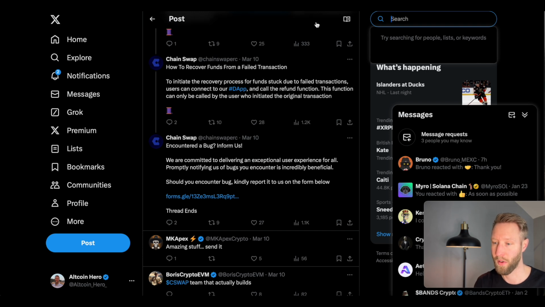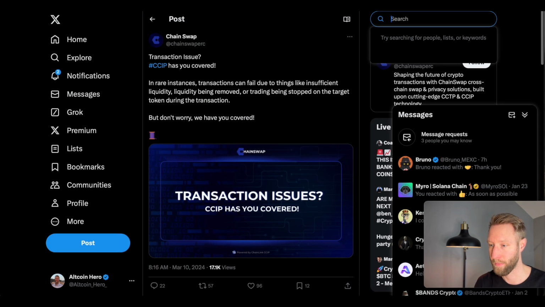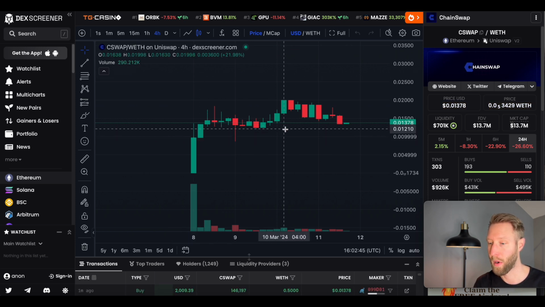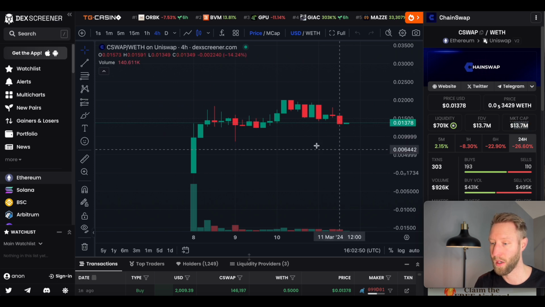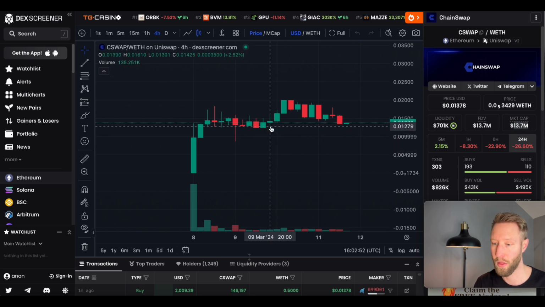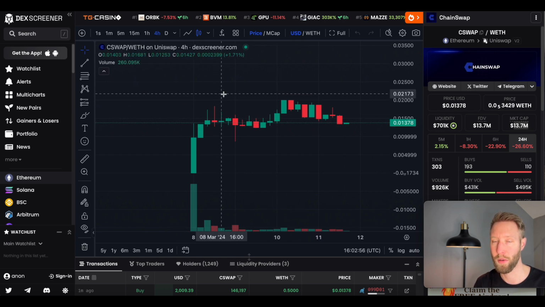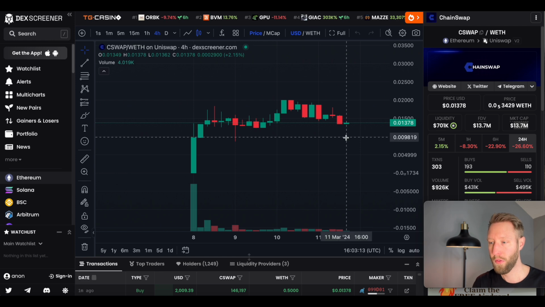So I think that's something very beneficial to using ChainSwap. Now they also have a token of their own that launched as well. This launched on March 8th, and you can see it's currently trading around a $13.7 million market cap, at around 1.3 cents currently. And so there is potential for this, especially as more people start to use ChainSwap. And so if we go ahead and take a look at their